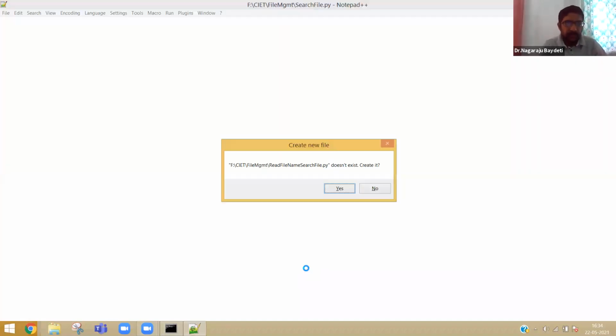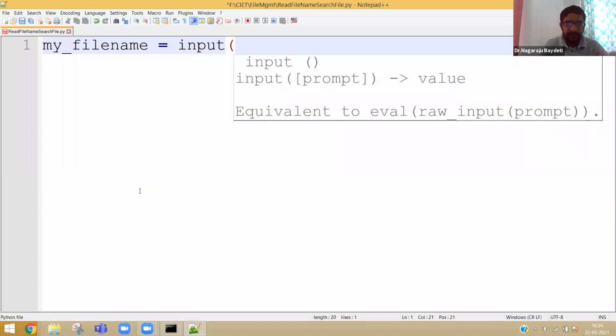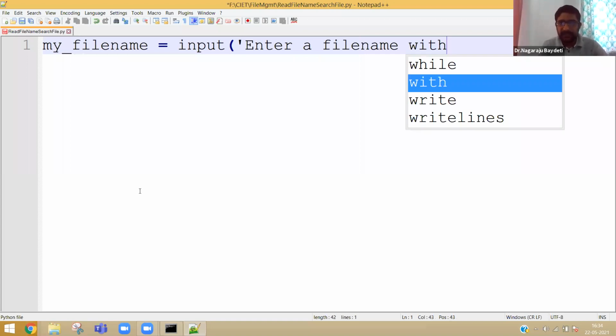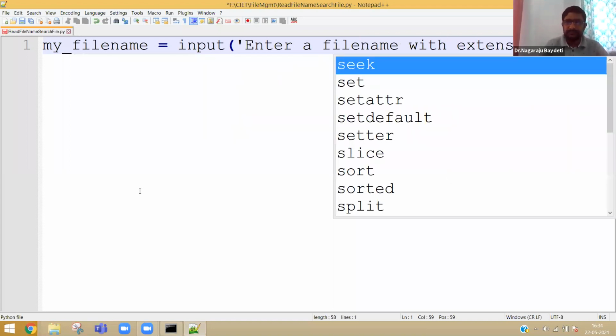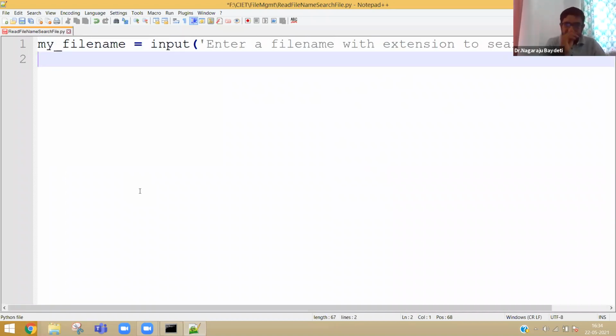From where we have to read? From the user. How to read from the user? It's very simple, no? So I can say, for example, my file name is equal to, ask the user to give the file name. Enter a file name with extension to search. Why? Because extension is also important. If you don't give the extension, then you will not get the expected outcome. Okay.